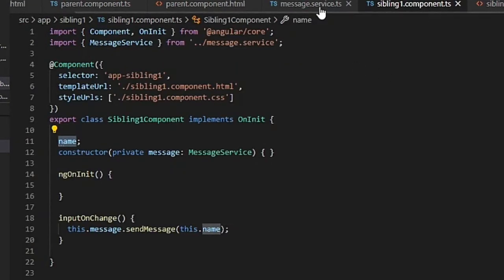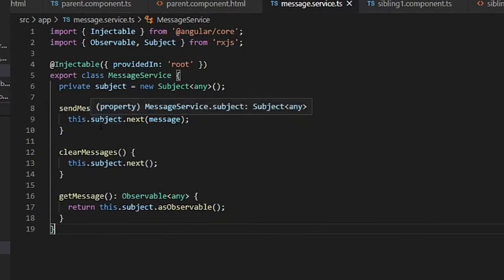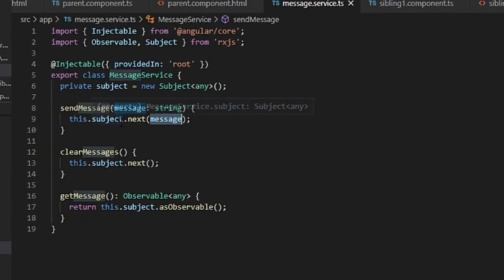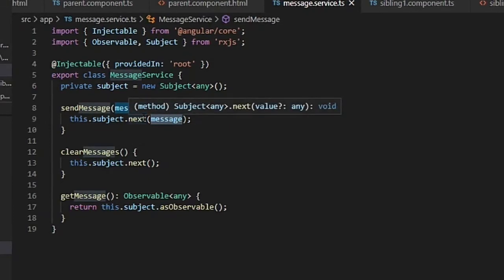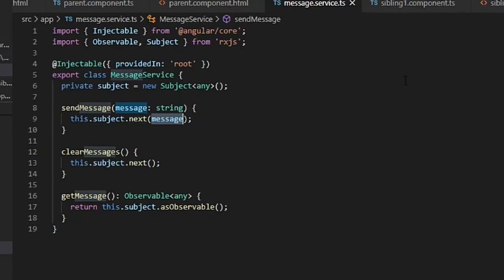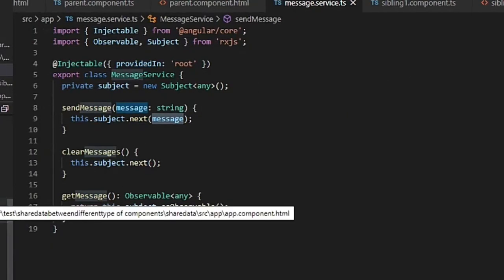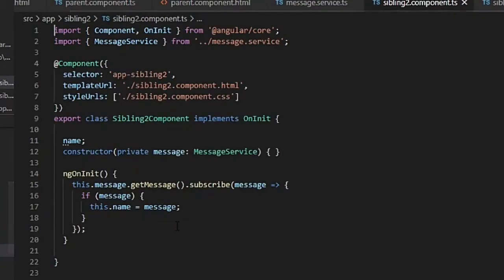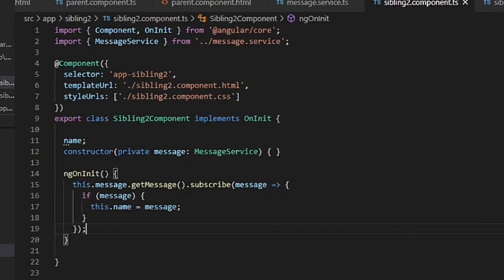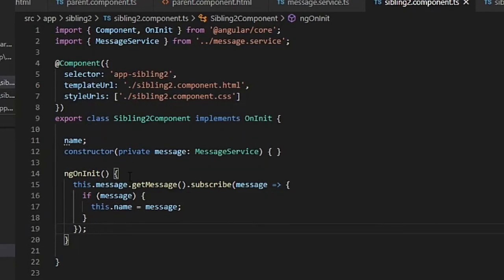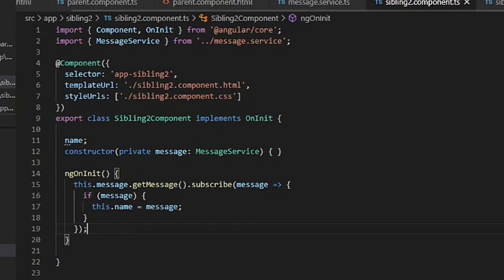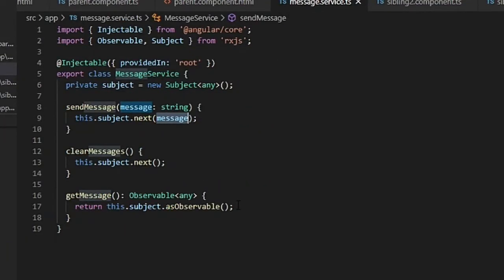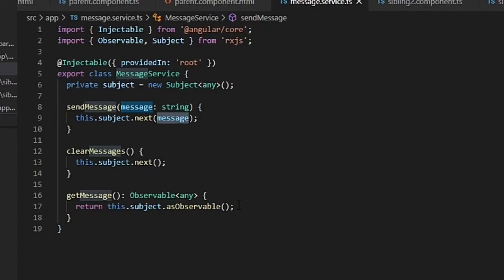And in message.service.ts we are emitting the message value by calling subject.next. In sibling component 2.ts, in ngOnInit we have subscribed. As I already told you, in the message service, getMessage returns the subject as an observable.